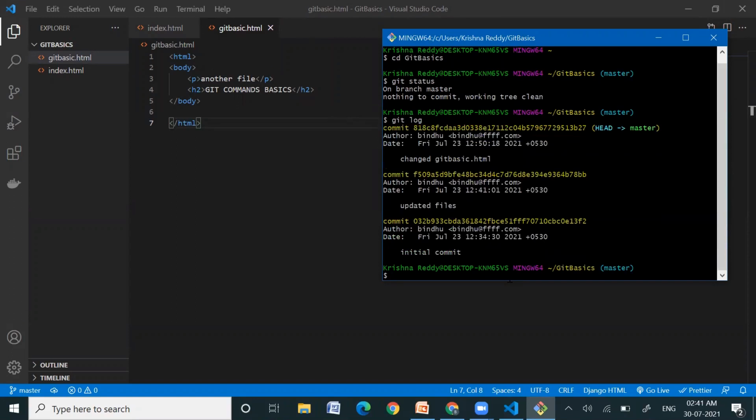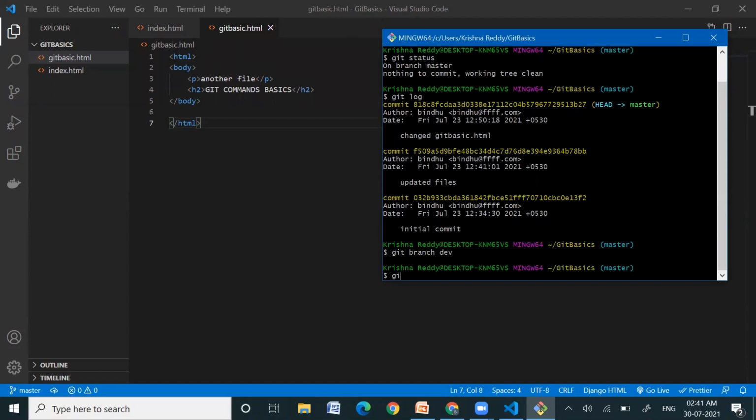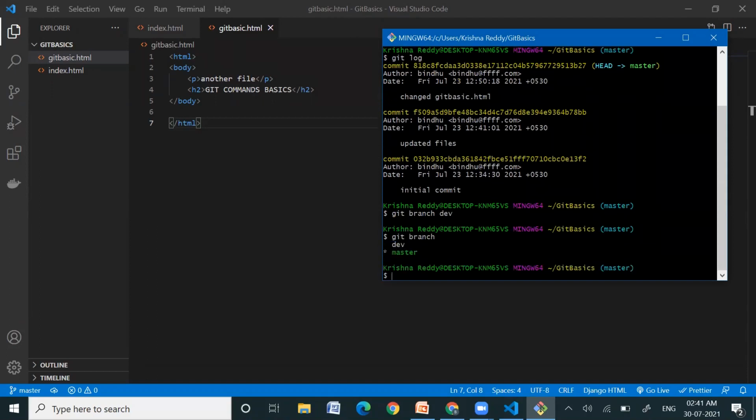Now we'll create one branch with git branch. Let it be the development branch, dev. Now we'll see the branches with git branch. Now it shows dev here, right?